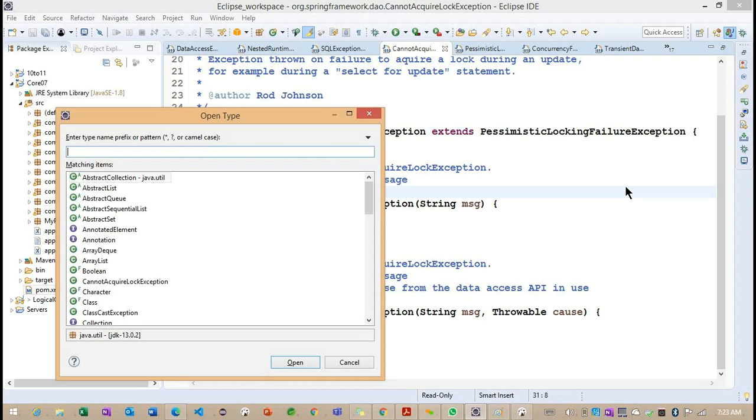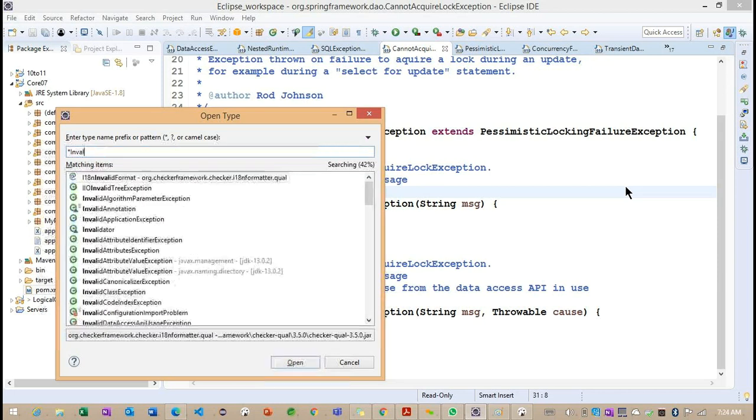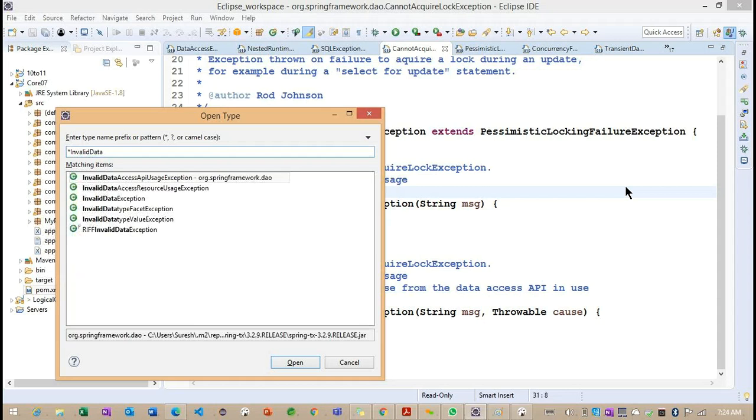So we identified data access exception, and what is the name of the exception we are having? Now you can see invalid data access API usage exception.